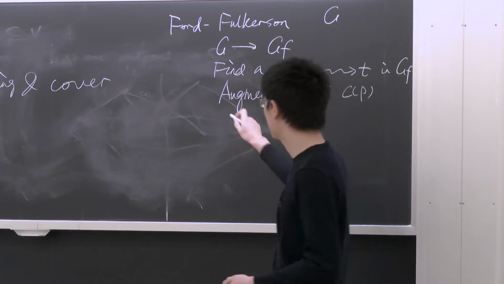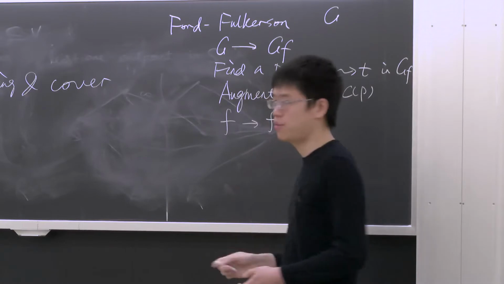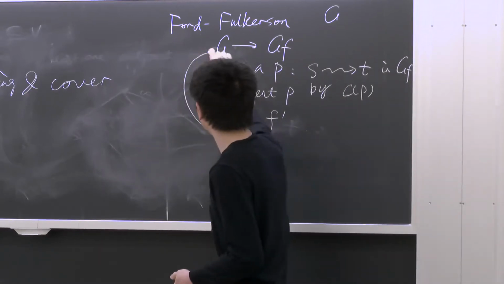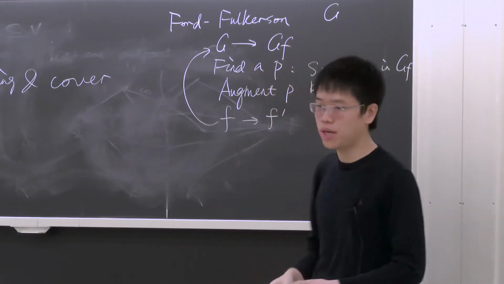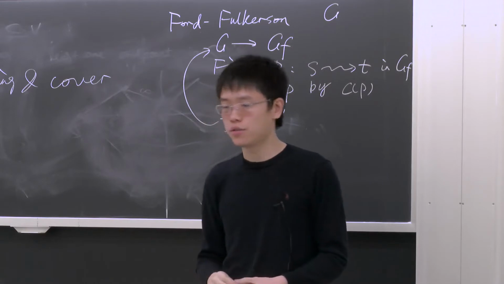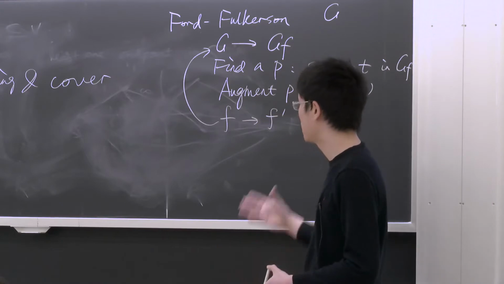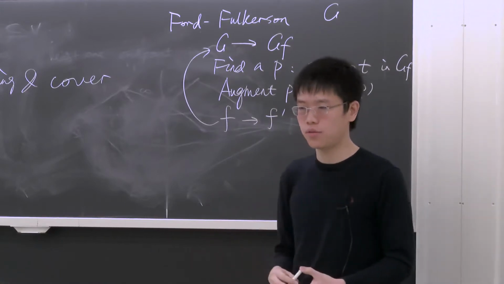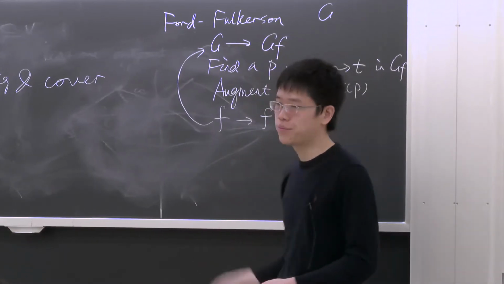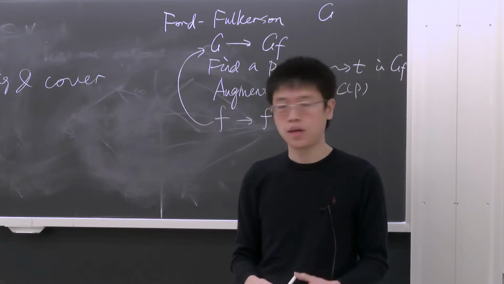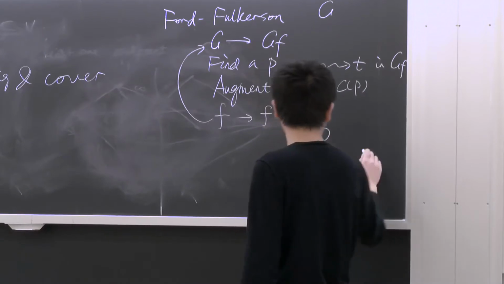So after augmenting, our flow changed from F to F prime. And then we're going to loop back. Right? We have an F prime, then G_F prime, find the path in G_F prime, and continue from there. So this algorithm, in some sense, is not even a very detailed algorithm because it doesn't say how to find a path in the second step. And that's indeed a problem because we have seen a pathologically bad case